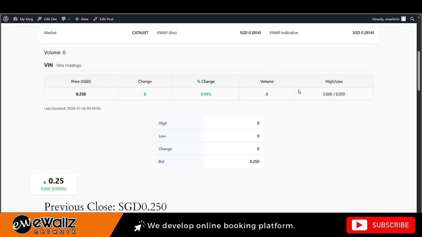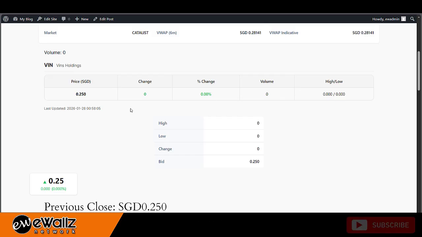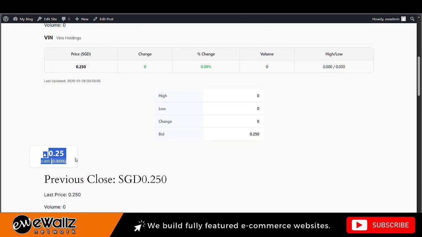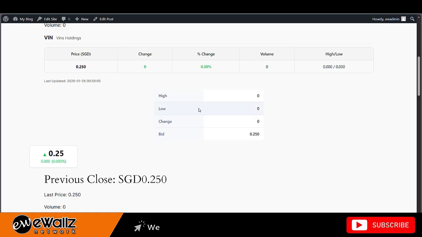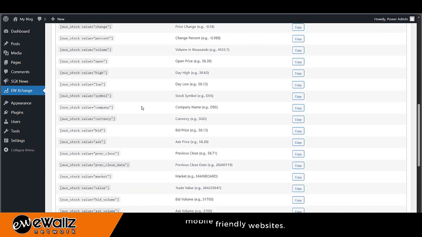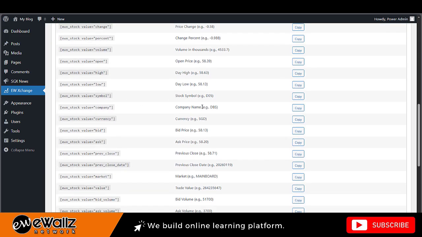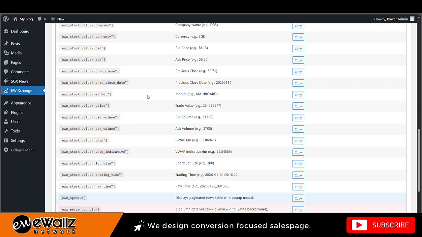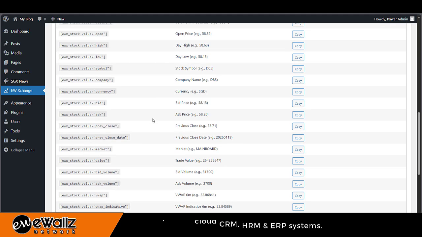We have a shorter version of the stock market table, the stock ticker shortcode, and some smaller table shortcodes. The rest of the shortcodes display just a single value, like the low, open, or high value, that you can use anywhere in your WordPress content.